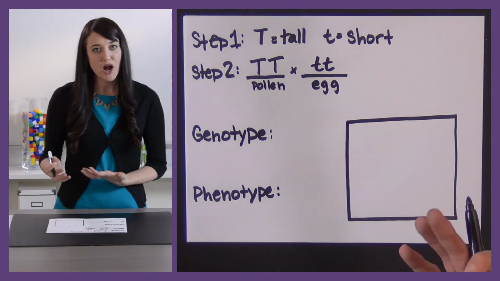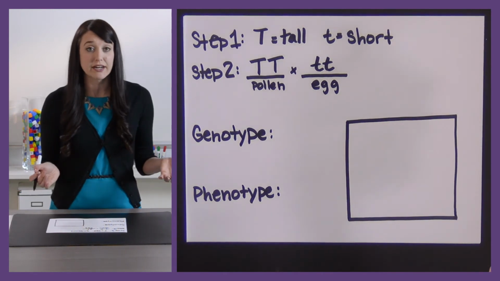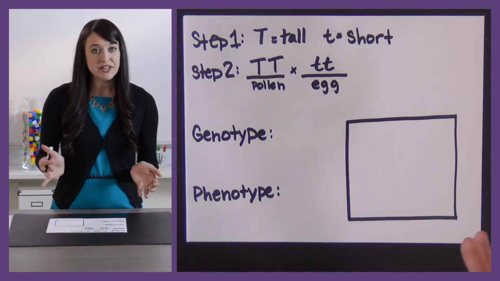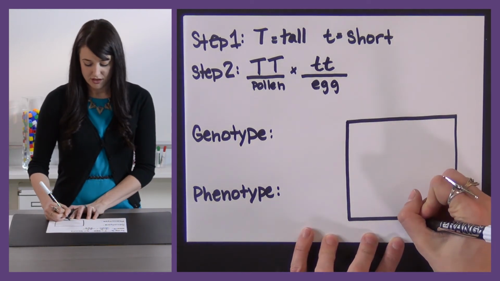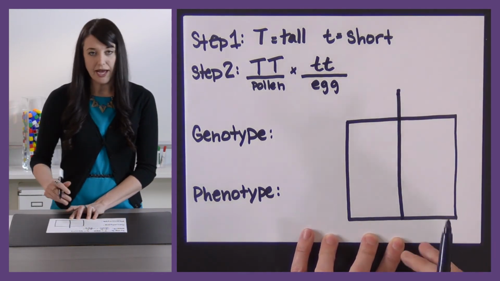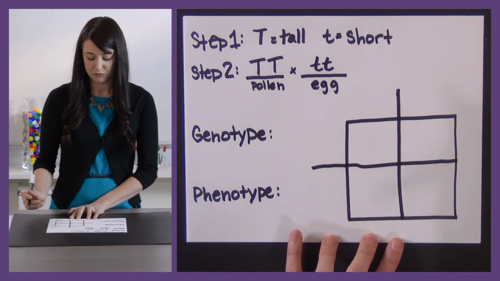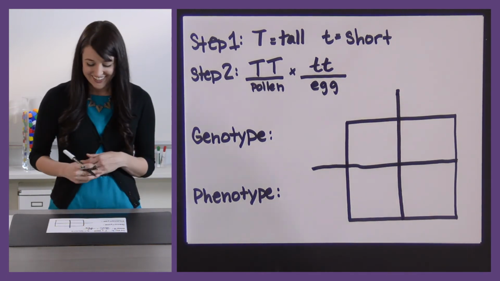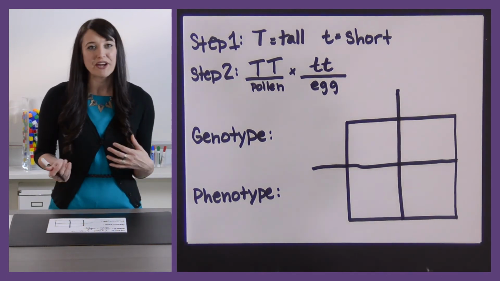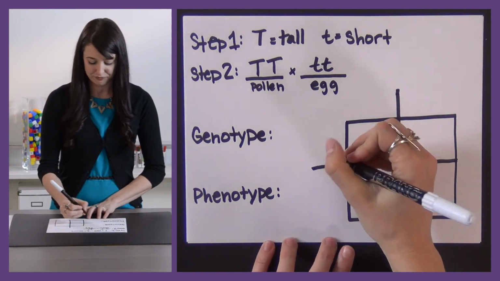When you're doing practice problems like this, they won't always provide a Punnett square. Actually, most likely not. So when you're drawing a Punnett square, start off with just a regular square. Add one line up the center. And another line across. Maybe yours will be straight. All right, then we put our parents on the outside. Remember, they're looking in at their offspring.